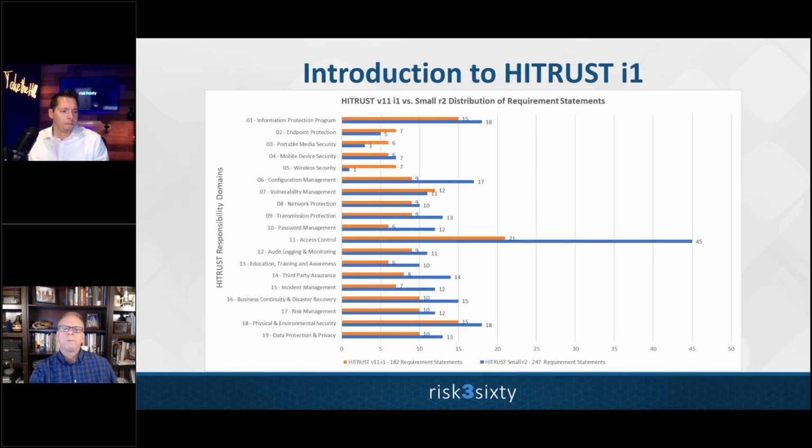Now, this is a comparison to a relatively small risk-based 2-year assessment, or an R2. What we did, and I'm comparing this directly to an I1. You can see the distribution of the requirement statements are similar across the responsibility domains. There are more requirement statements in the R2, but the I1 is a great starting point to eventually conduct an R2. You will have done a lot of the work to get there with practice collecting the most important evidence